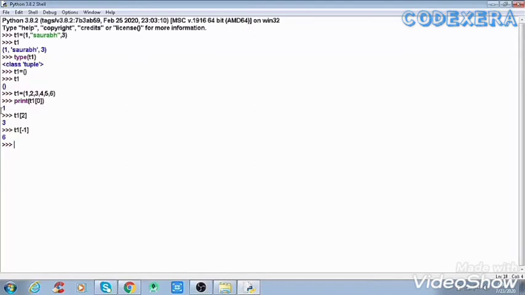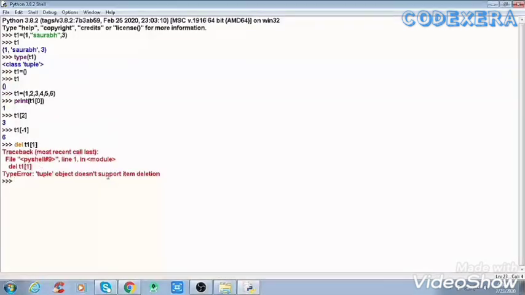So as we have seen in lists that we can't delete the value of a list item, here we can't delete the value of a tuple either. I will show you how. If you want to delete t1[1], it says that the tuple object doesn't support item deletion.